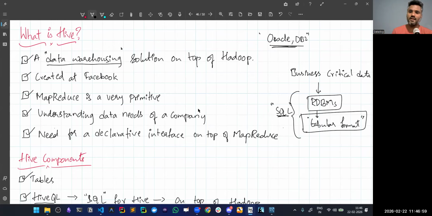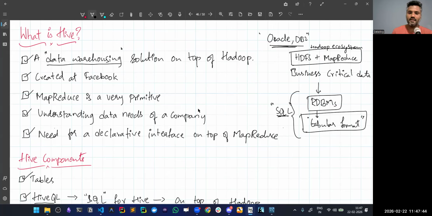So Facebook didn't want to pay them for obvious reasons, because their data was really huge and they were one of the most popular sites on the internet. They were creating a lot of data day in and day out. The second thing is that they were heavily invested, like other internet scale companies, in HDFS plus MapReduce, the whole Hadoop ecosystem. Since Hadoop created a lot of flexibility for them,